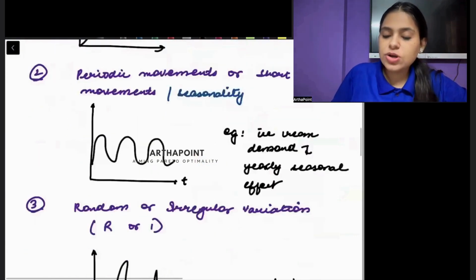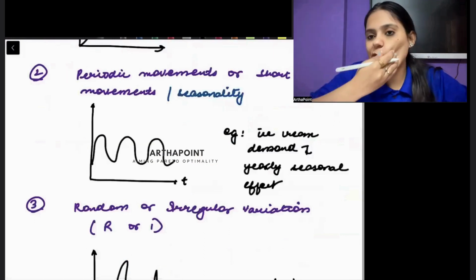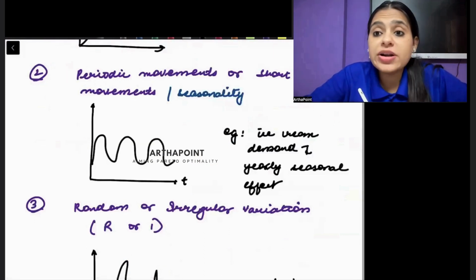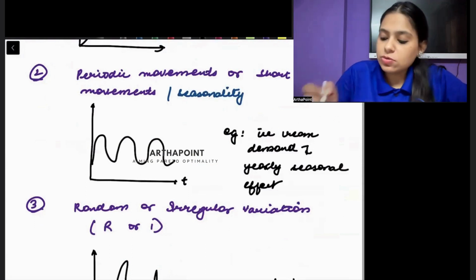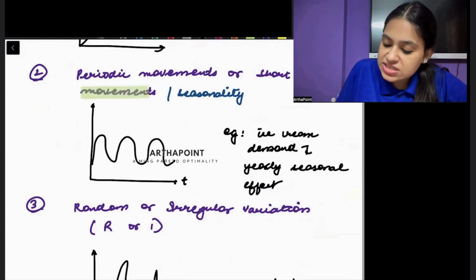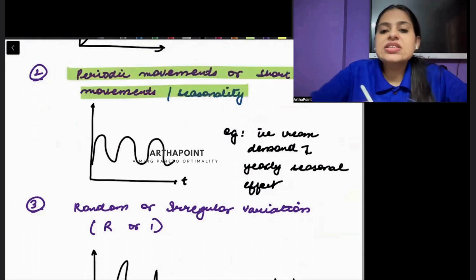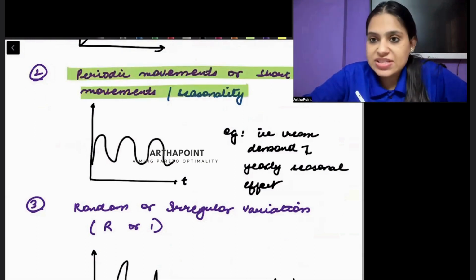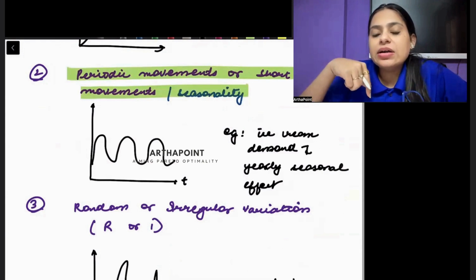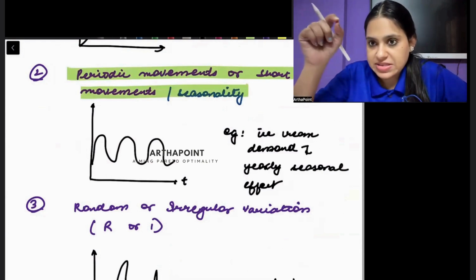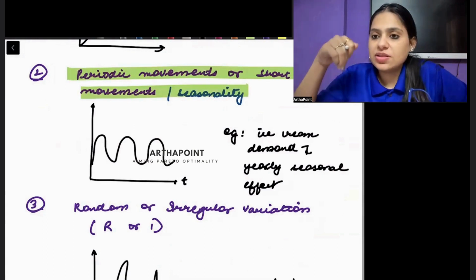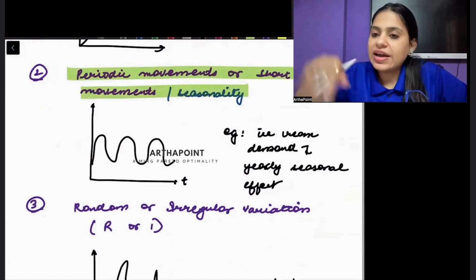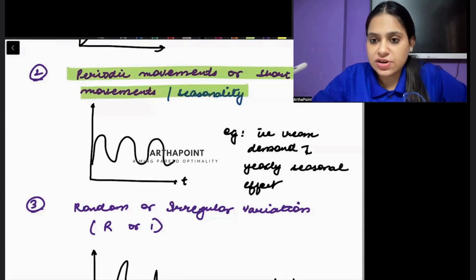Okay. Now you can also talk about the short run trends in different ways. The first one that we want to talk about is called the seasonality movement. Seasonality movement is something that happens every year. हमें पता है कि हर गर्मियों में the demand for ice cream and coolers and ACs will increase, and हर सर्दियों में in the winter season it will decrease. Again it will increase in the summer season, then it will decrease.